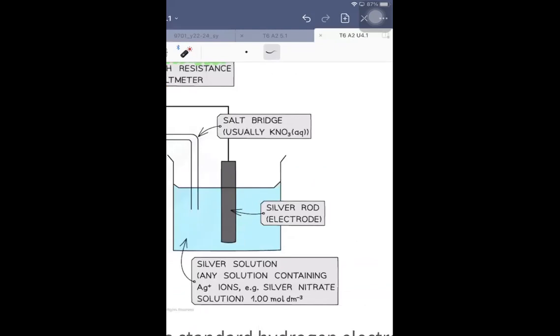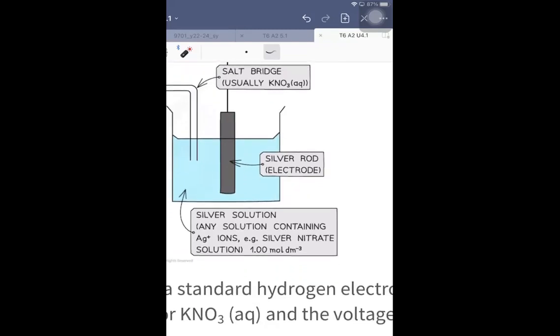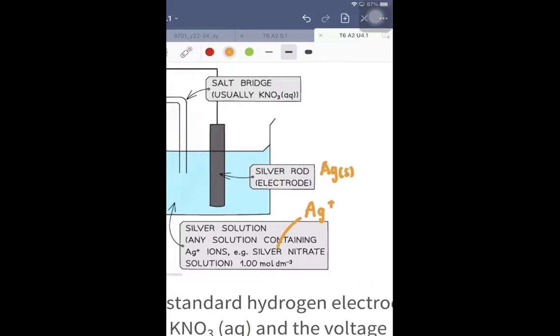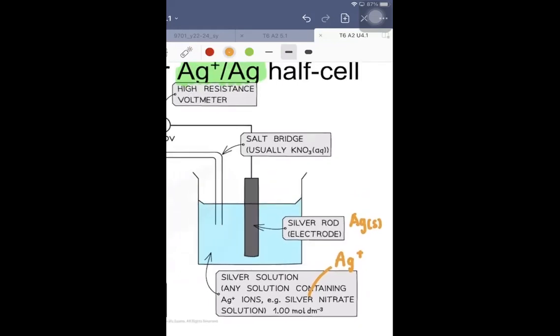Okay, so we have silver solid as our electrode, and our silver ion is in the aqueous solution. So you would use any silver solution, whether it's silver nitrate or silver chloride. The most important thing is that you have that Ag plus supply, whereas your silver rod is your silver solid. Okay, pretty straightforward for the silver ions and silver